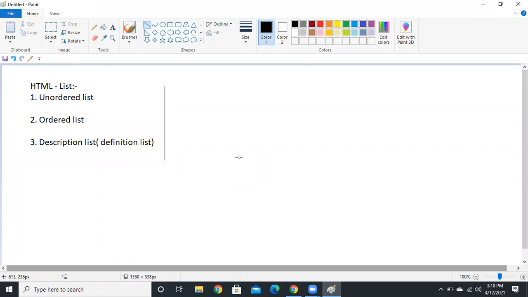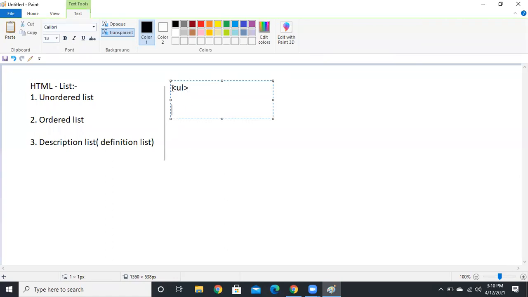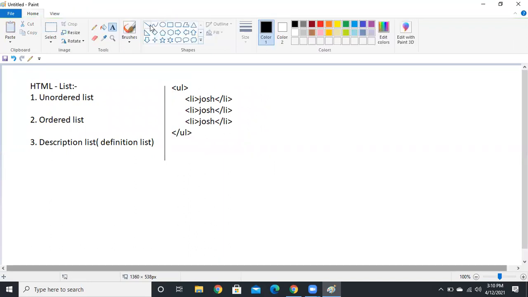Right? See, first I'm going to create an unordered list. For that we have UL, guys, UL for unordered list. Inside UL we have LI, for list items. So by default, you will get the display like this.